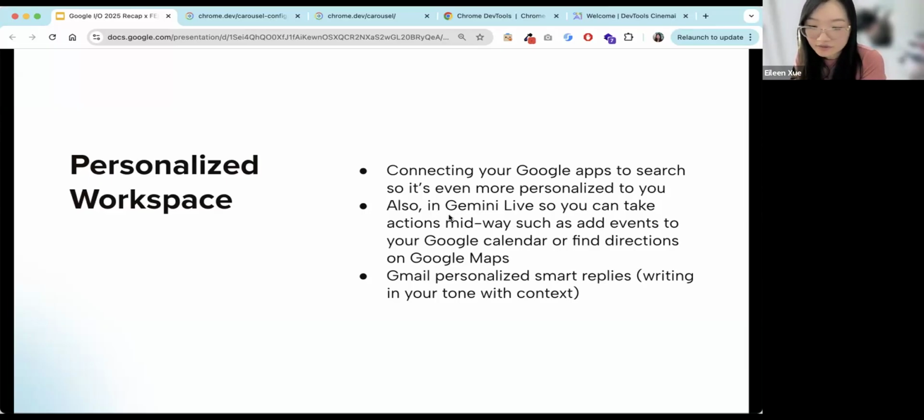And then, this is something I didn't show, Gemini Live. Gemini Live is where you can use the search and then have the video on for live interaction, where Gemini can see your surroundings or see whatever you need to do. And what's cool about this is that midway you can also interact with Google apps. For example, maybe you're outside, you see a poster for an event that you want to attend, you can use Gemini Live to do a video feed and then ask it to save this event into your Google Calendar or something, or find directions to get to a certain place. So I think that is very cool.